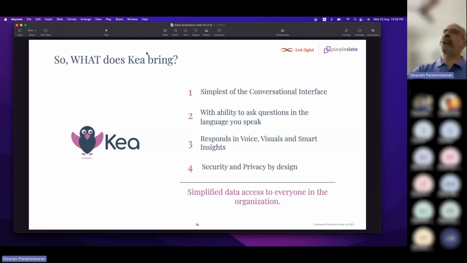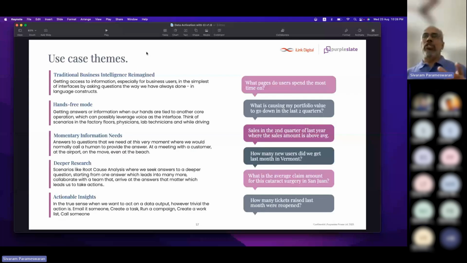A whole bunch of use case themes. Starting with some of the instances, we have it available on the tablet. So wherever customers have a need for offline access, say on a factory floor, or for doctors, or somebody wearing gloves rather than using computers, they now have the ability to ask questions. And by the way, it also has a voice interface. They can just ask the question in voice, and it responds back.